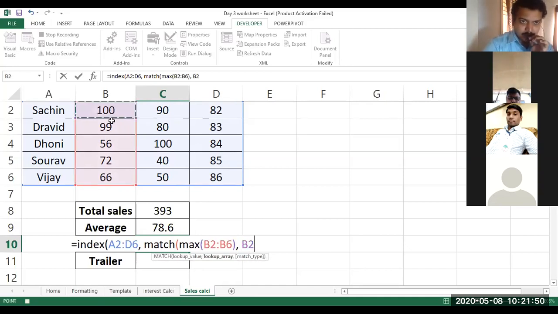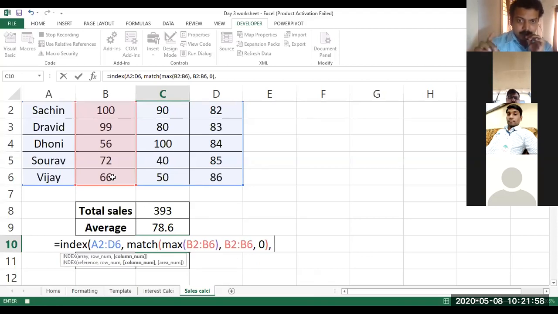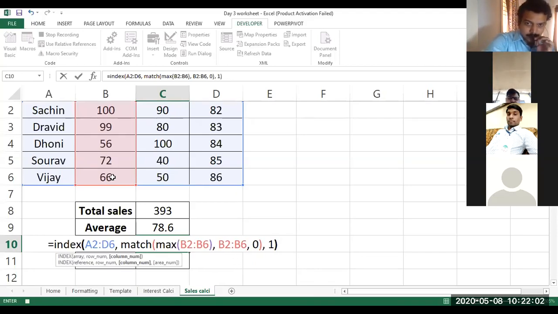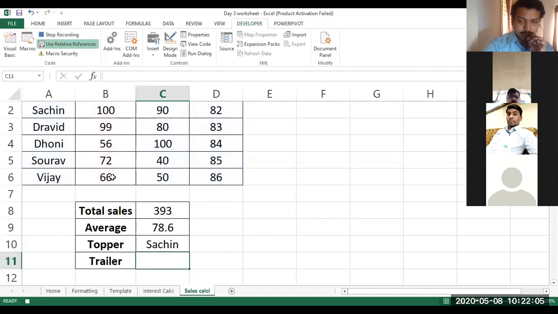The lookup array is the same column, which is the second column, comma, space. The third input for the MATCH function is always 0. Close the bracket, comma. Now the third input for the INDEX function, in this case the first column, I'm going to give the number 1. Close bracket, enter.